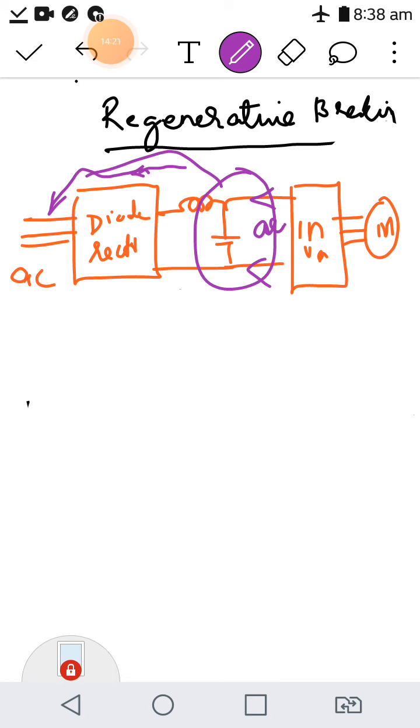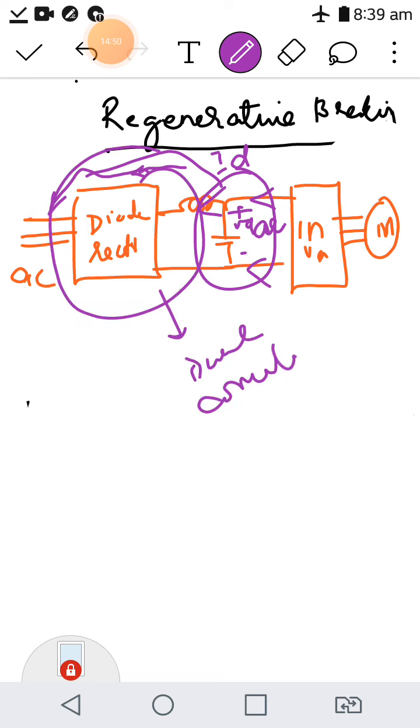Okay, but what is the challenge here is that during this process, both in motoring and in regenerative braking, the polarity of this VD remains the same, whereas ID has to reverse in generating mode. So converters capable of carrying current in both directions were employed, like a dual converter. So we can use a dual converter here for this regenerative braking mechanism.